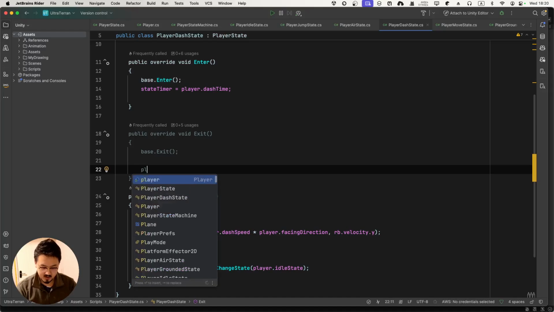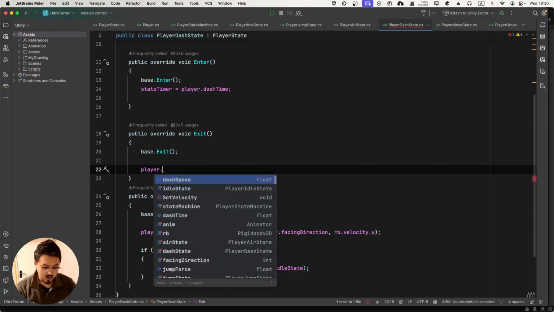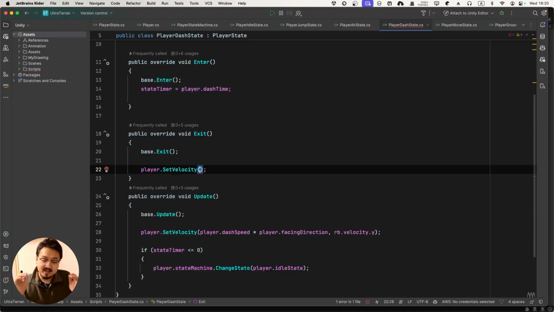So I'm going to get hold of the player and reset velocity, that's pretty good. Or if you're not so sure, you can just hard code and set velocity x to 0, but I want to keep the velocity of y here. So you can go up and dash, or dash and go up. You want to keep the y velocity, whether it will go up or go down. You don't want to just set the y velocity to 0,